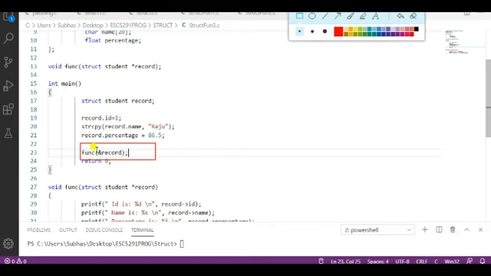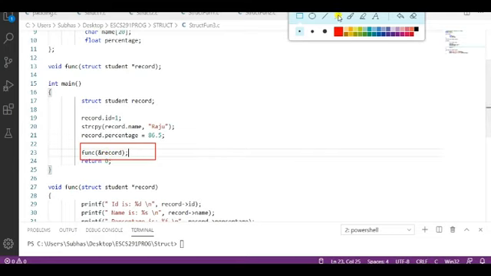When I have to call this function, we are just passing the address: ampersand, then the name of the structure variable. That means we are going to pass the address of this structure variable. So I am not going to pass the entire structure, I am going to pass the address of the entire structure. Okay, right?